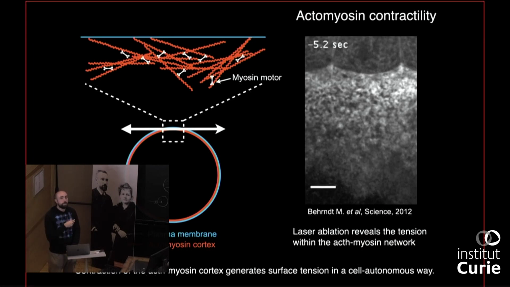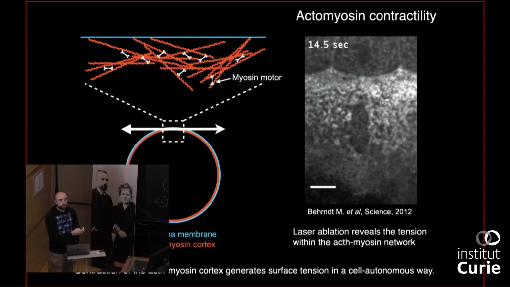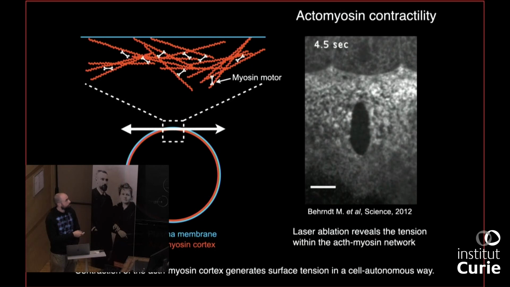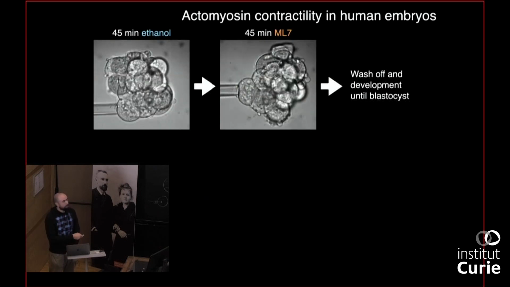A good way to visualize this tension is to cut the network. So here, this is the actin cytoskeleton that you can see here. And in this experiment, they cut the cortex with a laser, and you can see that it snaps. And so this snapping is just, I think, a nice visual way to see the tension within this network, which can then change the shape of cells. Okay, and so we know that it's what drives cell shapes in fly, in mouse, in fish. There's no reason to suspect that it's not acting in human.